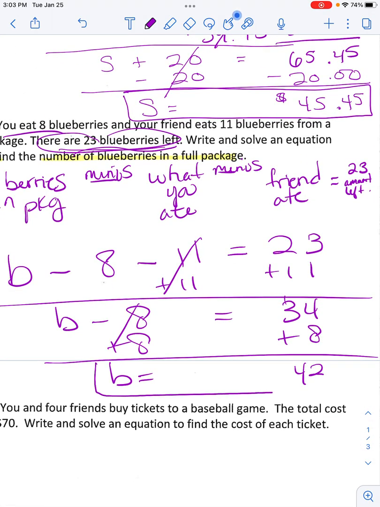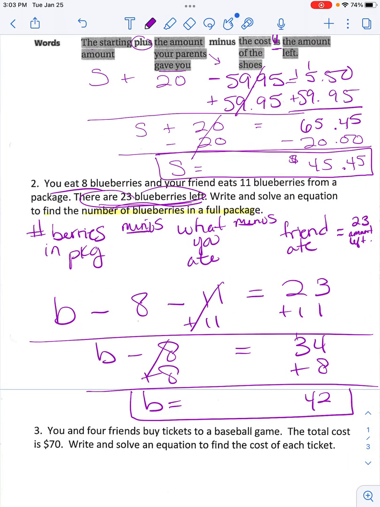So that means there were 42 blueberries in the package to begin with. And if you put that back into the equation, it should make sense. If we start with 42, subtract 8, subtract 11 more, or subtract 19 in all, there should be 23 blueberries left. Okay,